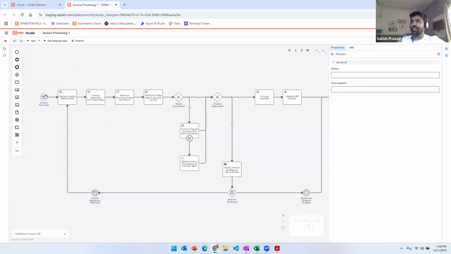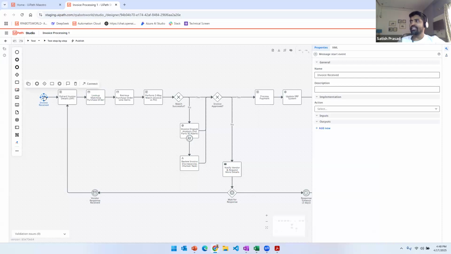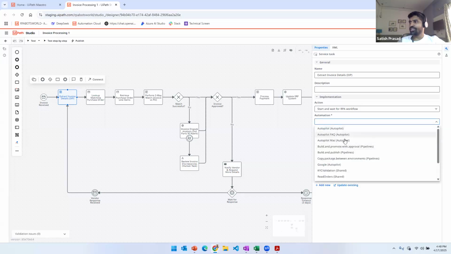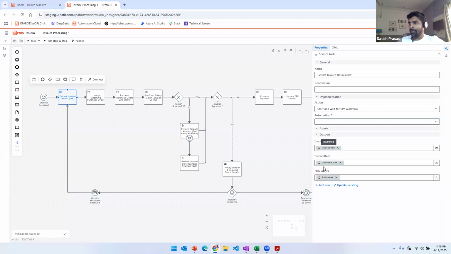This one is nothing but a message event start, right? With the help of this input and output, you should be able to configure what you want to do. Similarly, this is a service task, which runs and starts a workflow, and you should be able to select the automation you want to work with. The moment you select your automation, you should be able to map these outputs for the next step.